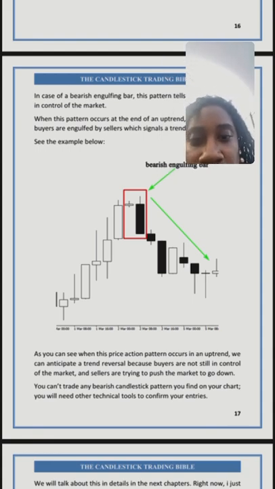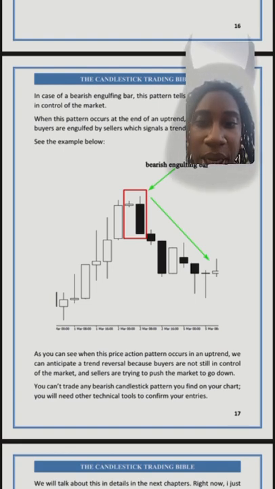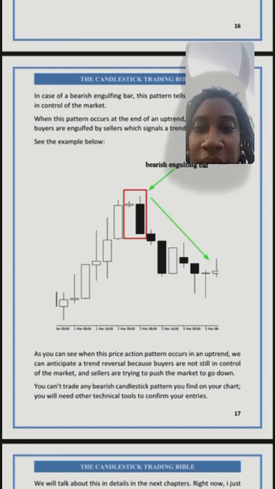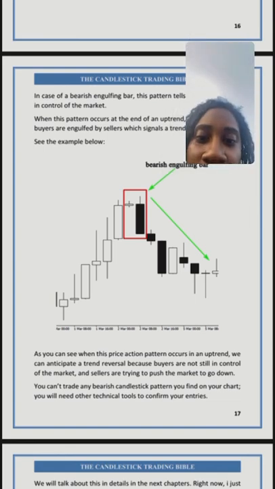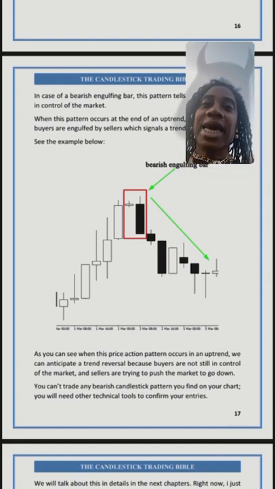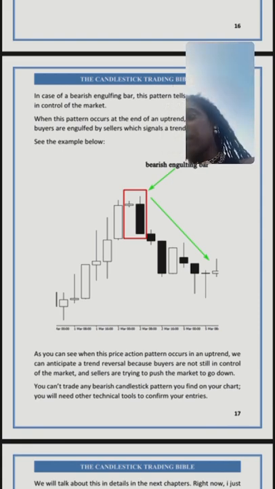Again, as you can see, this price action pattern occurs in the uptrend. We can anticipate a trend reversal because the buyers are still in control of the market, and the sellers are trying to push the market to go down. You can't trade any bearish candlestick patterns you find on your chart. You'll need other technical tools. So just because it opens up like that doesn't necessarily mean that